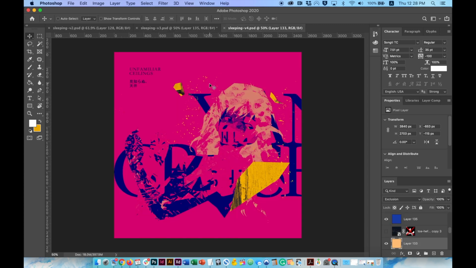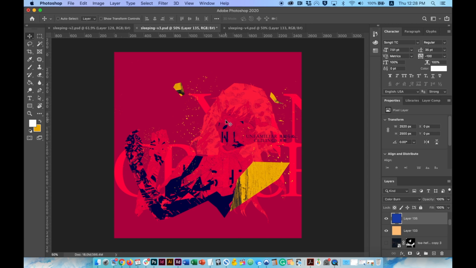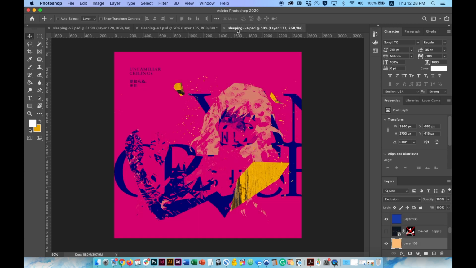I pulled out the background text to be a different color, and I also did some work with the eyes and the face specifically. I liked the way that the hair is pulled out. I like that the background text and the figure are one color, but still this color scheme wasn't really doing it for me. So in order to get from here to the final completed piece, I ended up doing some color selections, just selecting everything by color, which you can do by going to Select, Color Range, and I knew I wanted all these